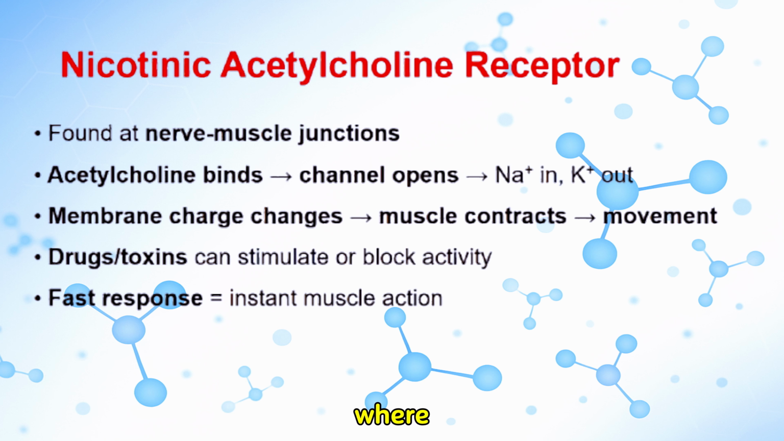Found at the junction where nerves connect to muscles, when acetylcholine binds to this receptor, it opens channels that allow sodium ions to enter and potassium ions to exit the muscle cell. This changes the electrical charge of the muscle, causing it to contract and enabling movement. Some drugs and toxins target this receptor to either stimulate or block muscle activity, while ligand-gated ion channels produce very